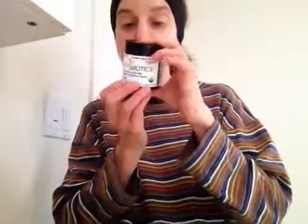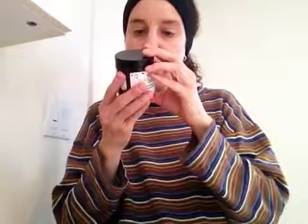gluten-free, non-GMO, no dairy, no soy, no wheat, no eggs, no yeast, no corn, all those things, no sugars, no preservatives. And it says a product may clump, to keep in a cool, dry place. Again, I actually keep this in the refrigerator. And they put a little oxygen absorbent, moisture absorbent in here, so you don't want to eat that. It's not for consumption. It's just to keep it because of the moisture. So this one,